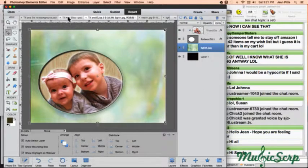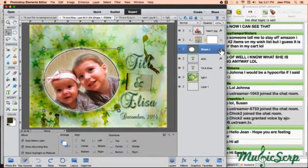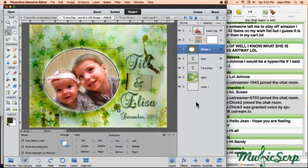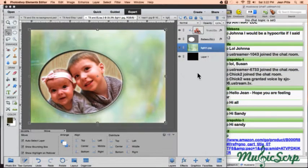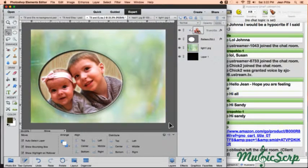Okay, now I'm going to go back to my original one here. It's similar. What did I do here? Let's look at the FX. So I had a drop shadow. I had inner and outer shadow. Okay. And the bevel. Not that I want to make it exactly the same, but... Where is my tilt, too? Here we go. Okay. So there they are. All right. Now,